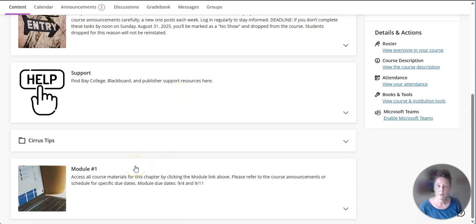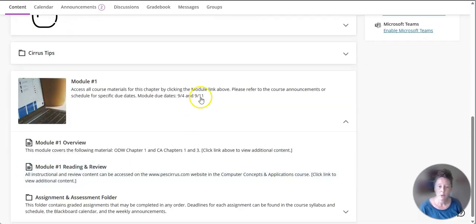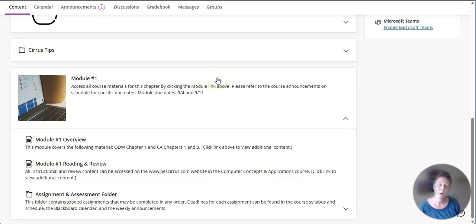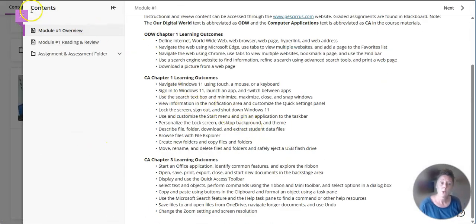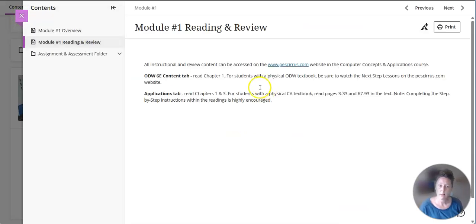Module 1, after finishing your start here, you want to start with the first module. Each module covers a 2-week time span and it is set up the same. Every 2 weeks, every module, you'll find the overview. You can find additional information about course outcomes. You can either go back to that previous screen or link directly into the next piece. And then finally,